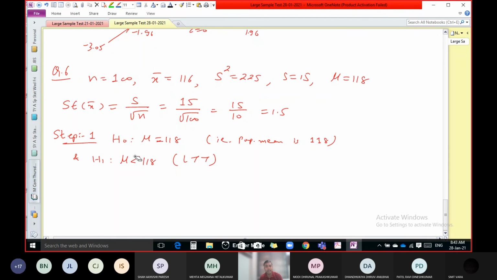If we write greater than, in that case either H0 is accepted after the end of step 5, or H1. In both cases our conclusion is what? The claim is true. Why? Because if it is exactly equal to or greater than or equal to, the claim is accepted. So here we have to write